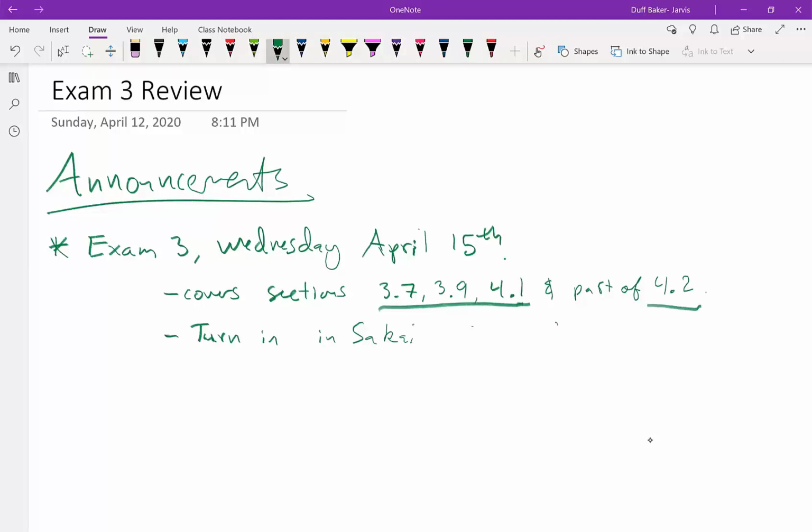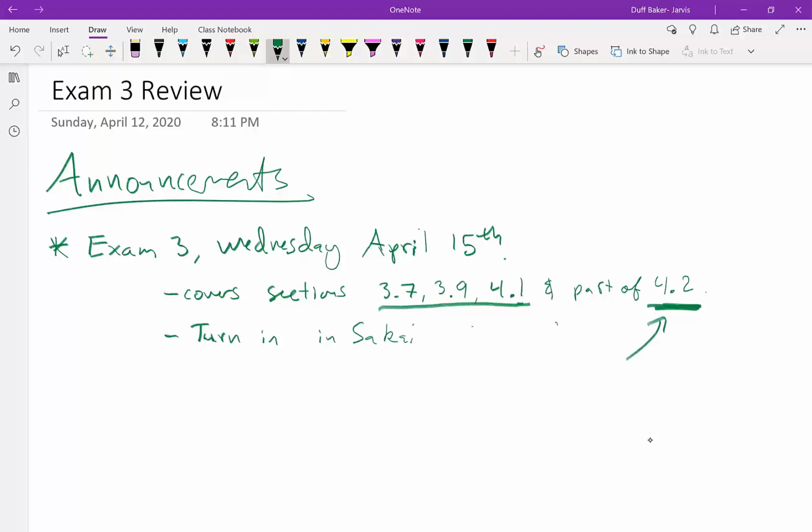So 3.7 was optimization and onward. We skipped 3.8 because we had a canceled week of class. We might just end up skipping 3.8. And then we'll be covering part of 4.2. So the part I want you to know from 4.2 is basically what we talked about in class and was